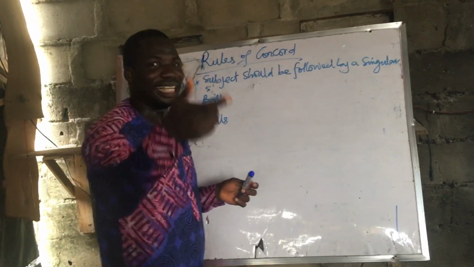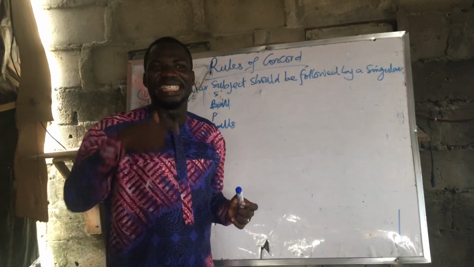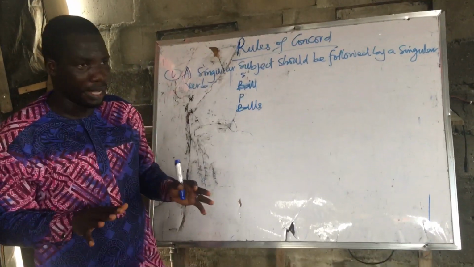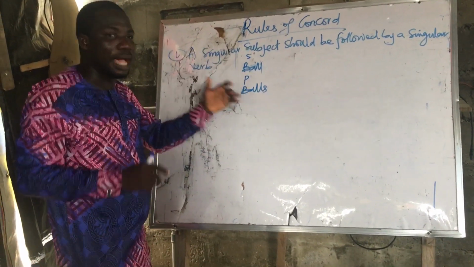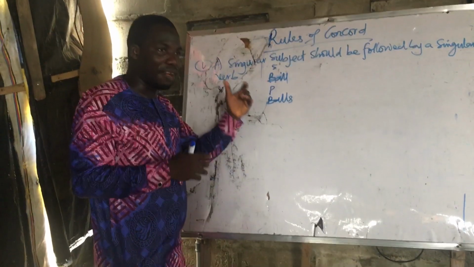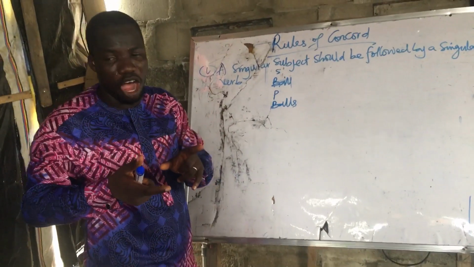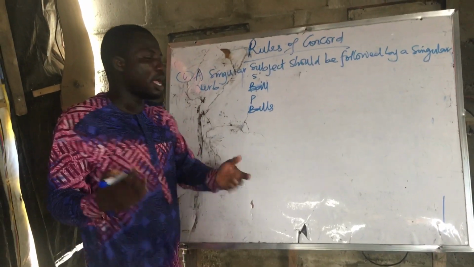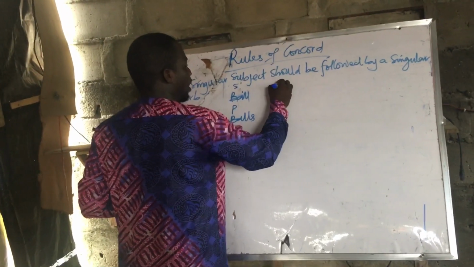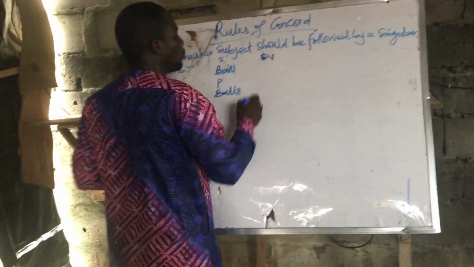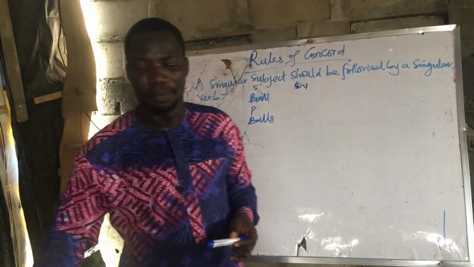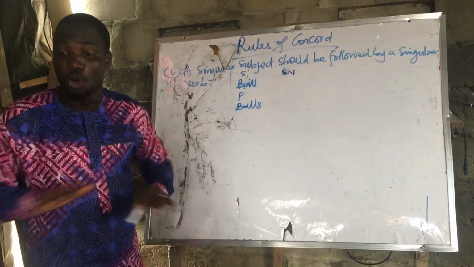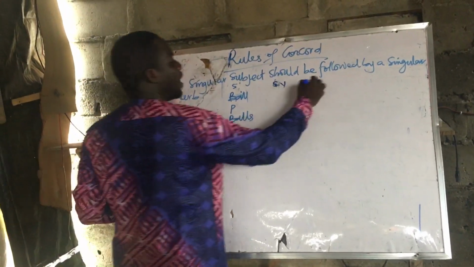Now, let's convert that, because a noun is the direct opposite of a verb when it comes to numbering. That is, when you're talking about the singularity and plurality of nouns and verbs, noun is the direct opposite of verb. How? Somebody should give me an example of a verb. Okay, we have the verb go.